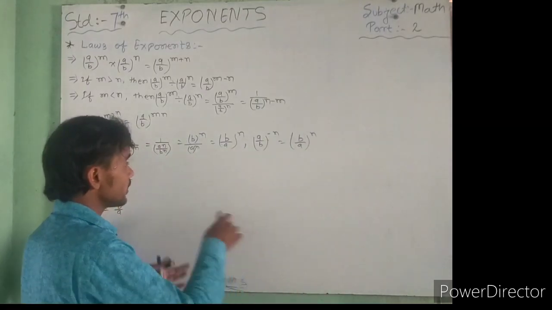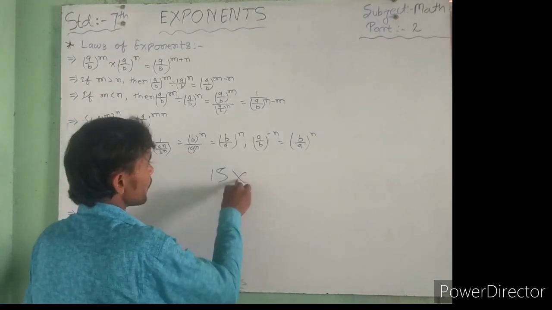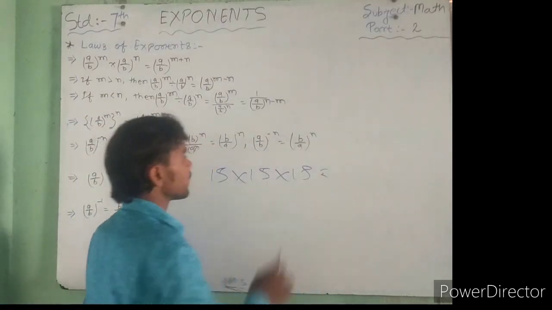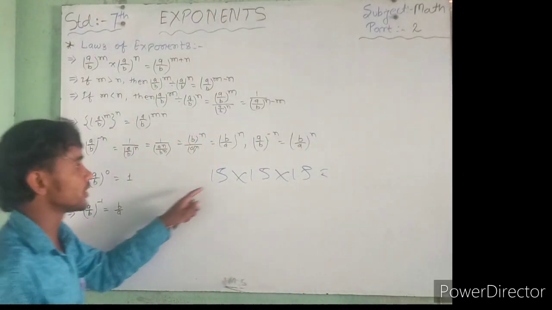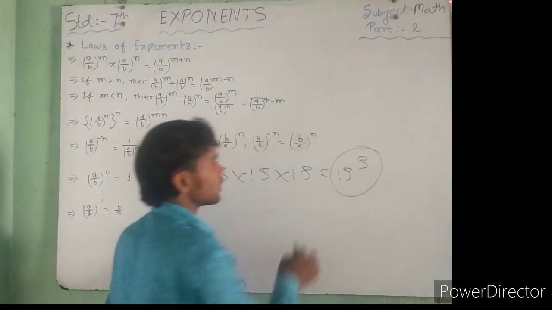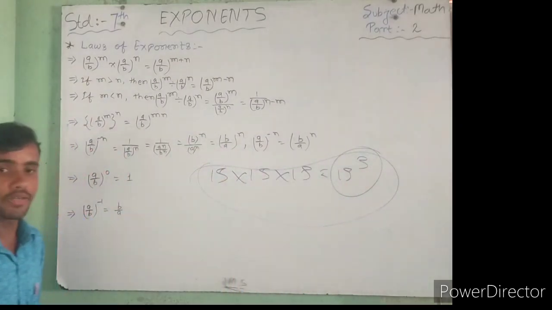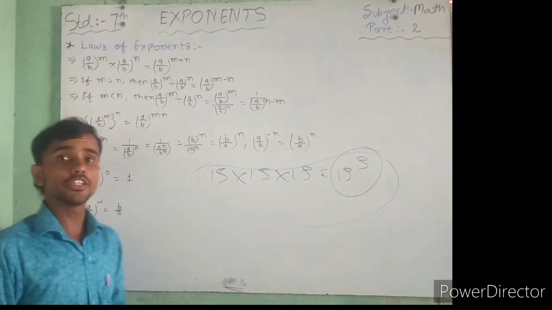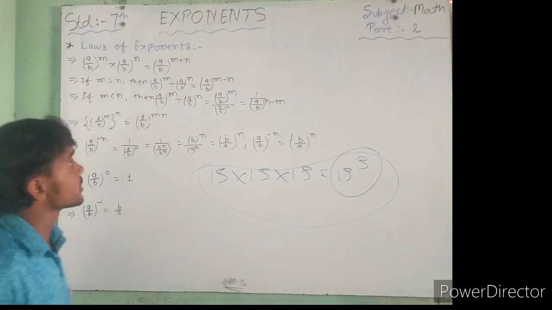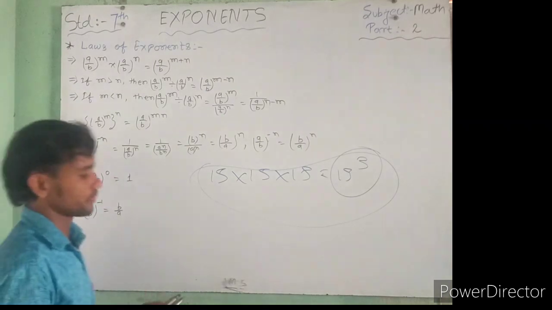Just like here you see, in this chapter many questions arise, like 15 15 15 says how to convert to power form. Here you write only 15, 1 2 3, that's your 15, that's your answer. So my dear students, different types of questions are created. Firstly you write all the laws of exponent, then we will discuss the topics one by one. So firstly write down.